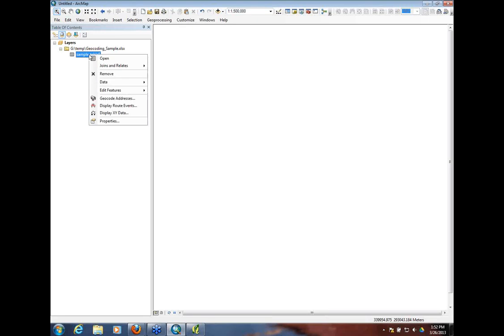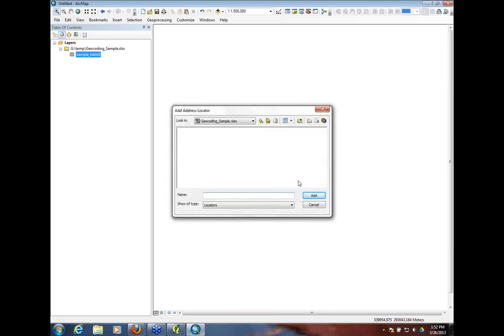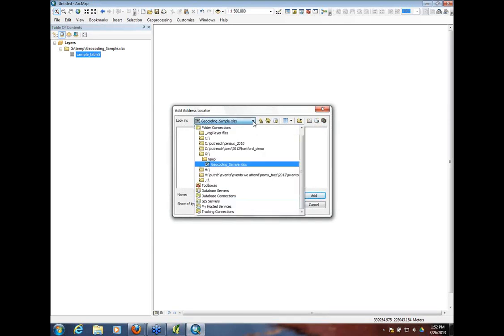So we just right-click, and you can see that geocode addresses is one of our options. It takes a second for this to open. And rather than using one of these default options, we're going to add a geocoding service, by going to